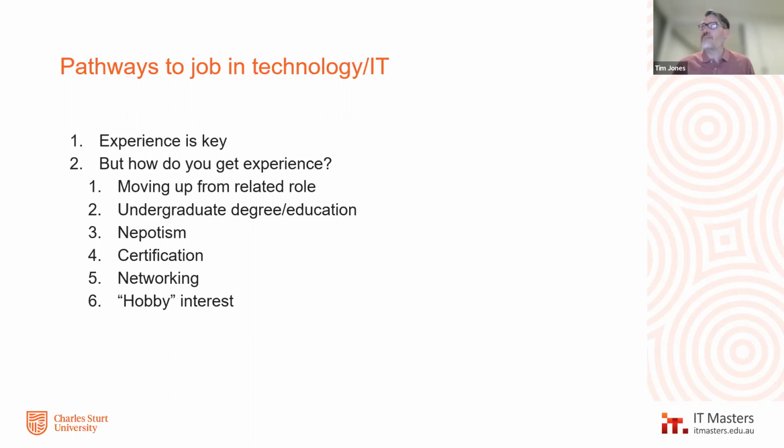If you've got some related experience or some business experience or something that you can relate off, if you've worked at Harvey Norman in the computer center, that's a form of IT experience that you can utilize for moving up the next rung and getting some sort of role in technology. So being able to find some sort of role which is technology adjacent or within the technology area, even if it isn't actually practicing technology, gives you the opportunity to move over to something. So the first role may not be your dream job, but getting any role that you can actually get would be my recommendation as the first step.